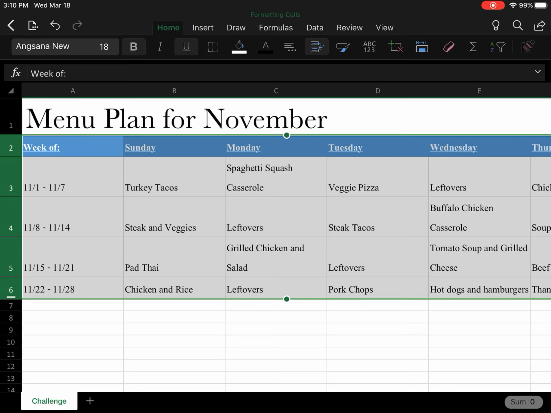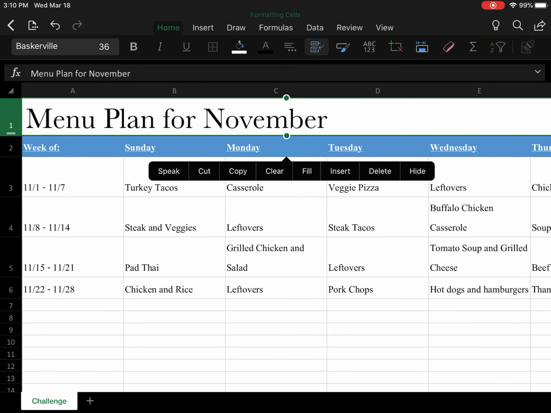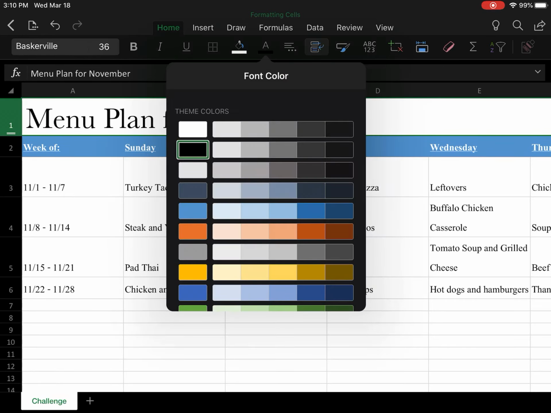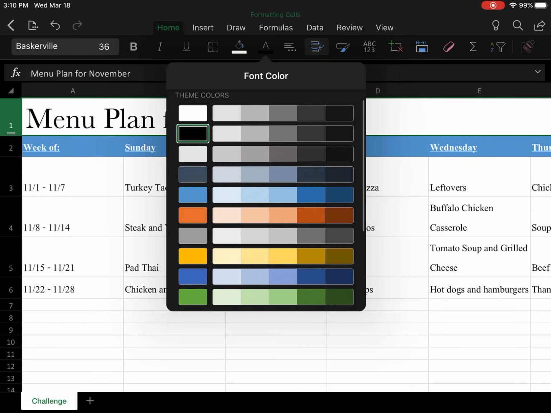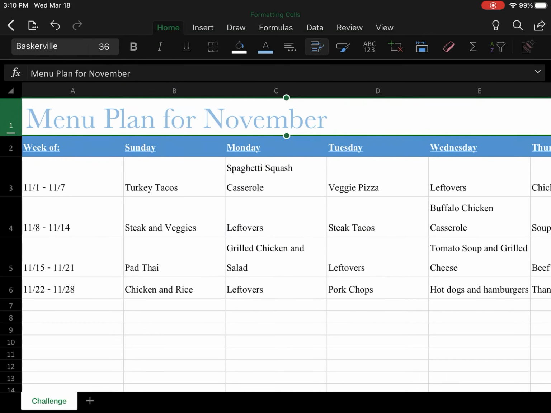And then we're going to change the font color of row 1 to a color of our choice. So I'm going to pick row 1, font color. So I'll click on the A next to the paint bucket here, and I'm going to choose a font color. Let's see. Yeah, that blue looks alright. Perfect. Alrighty, and then